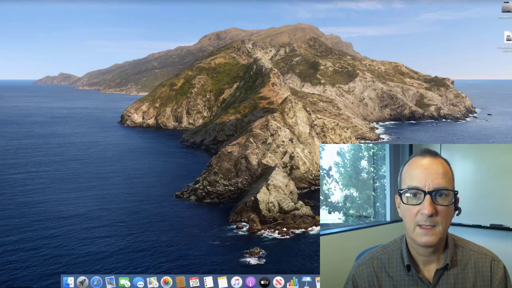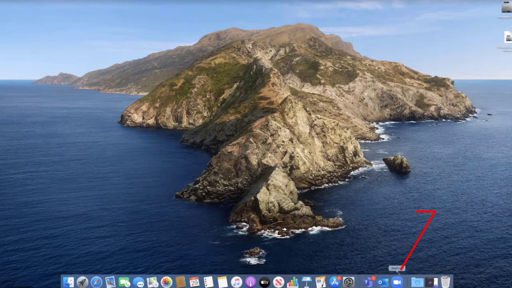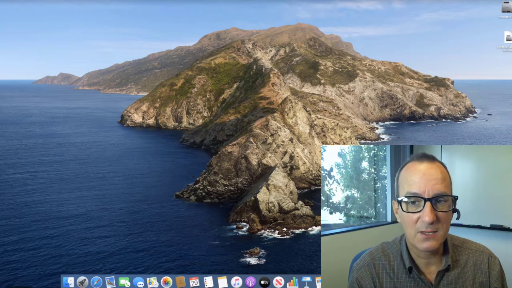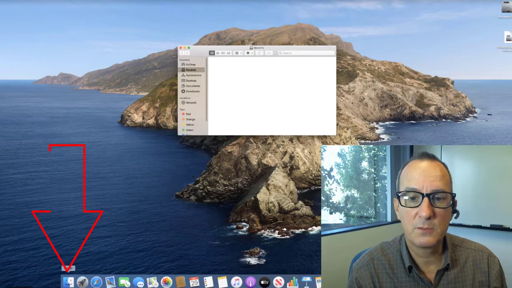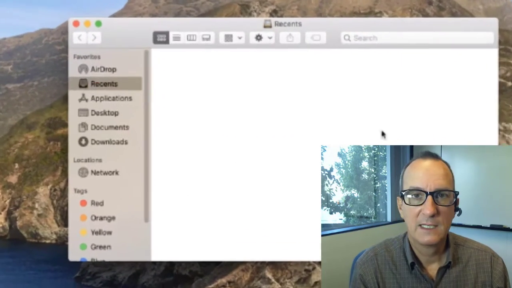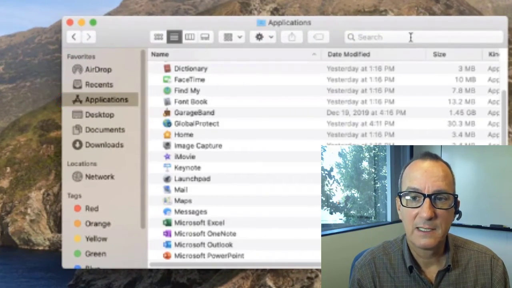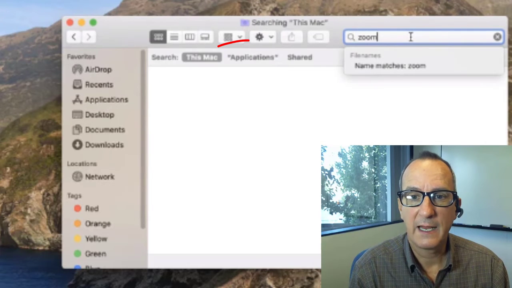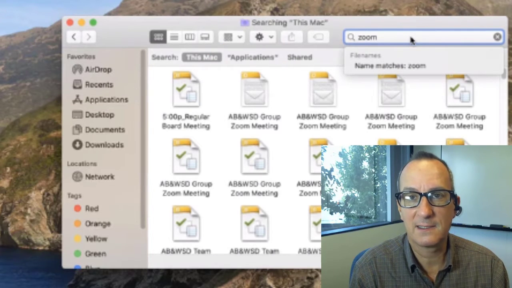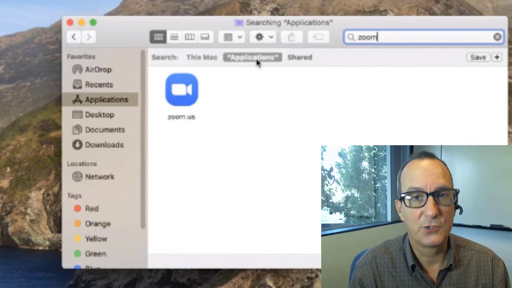If you're on a Mac, what you can do is click on the application that's located in your dock, or if the application is not located in your dock, you should be able to use your Finder. Click on Applications. In the search area, type Zoom, and then choose Applications as the category that you want to look for. You should see it pop right up, and then you could double click on it